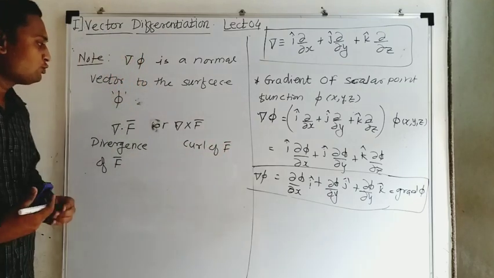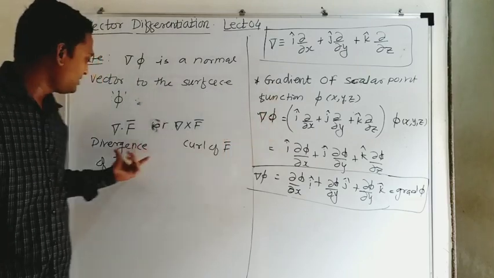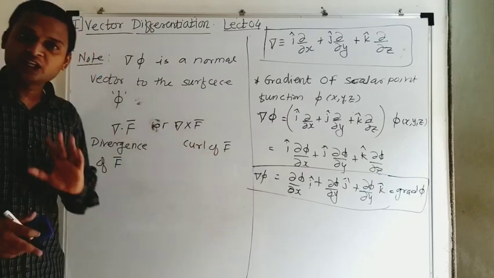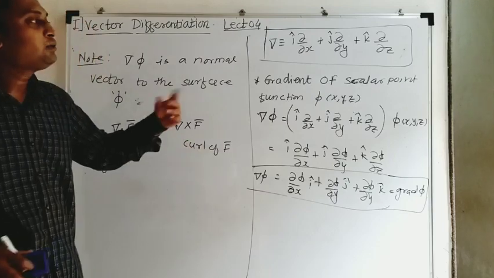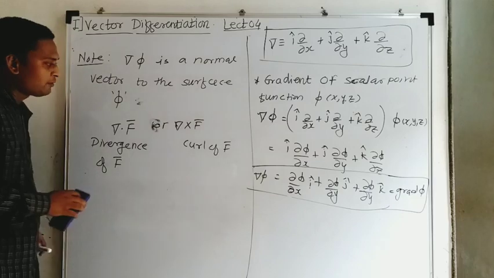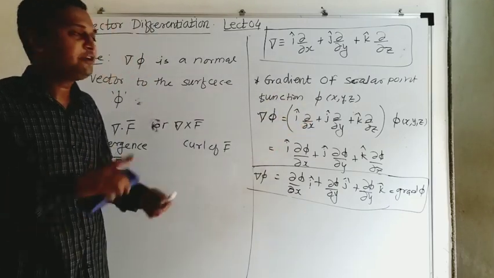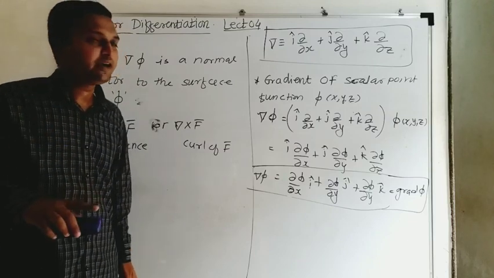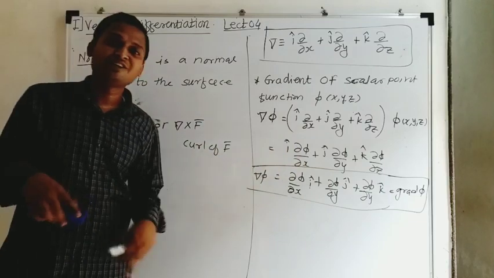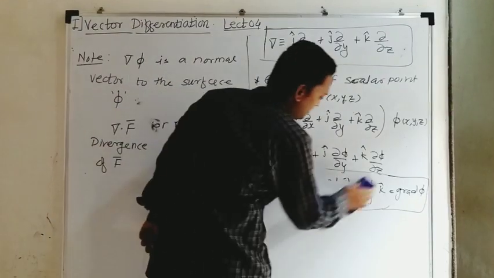So by these we come to know that there are three definitions: gradient, and these two new definitions, divergence and curl. We calculate divergence and curl of a vector quantity, that is a vector point function, and we calculate the gradient of a scalar quantity, that is a scalar point function. This is very important. We never calculate curl of a scalar quantity, and we never calculate divergence of a scalar quantity. We calculate the gradient of a scalar quantity, and we calculate divergence and curl of a vector quantity. So let us see the definition of these two. I will erase this first.